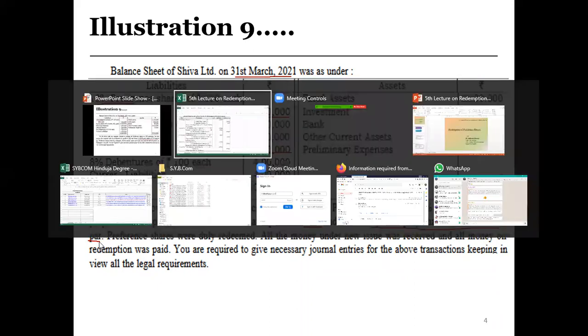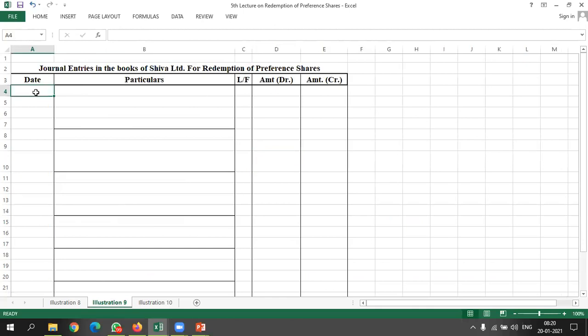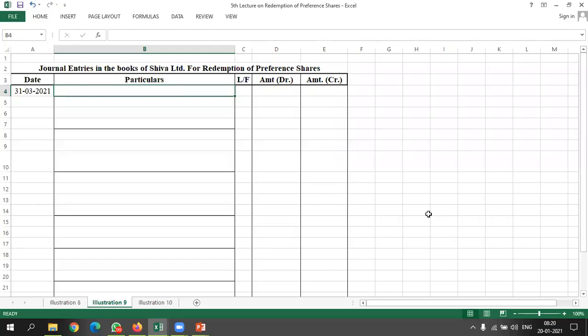Okay. So coming to the problem sheet. Now on 31st March 2021, we are passing entries. So we have entries like sale of investment, issue of shares, transfer of claim at 10% premium, and then providing the premium, and finally creation of CRR. Let's see. First of all,